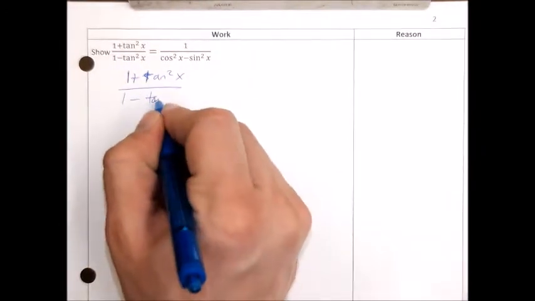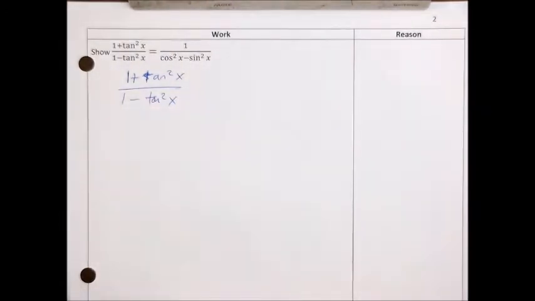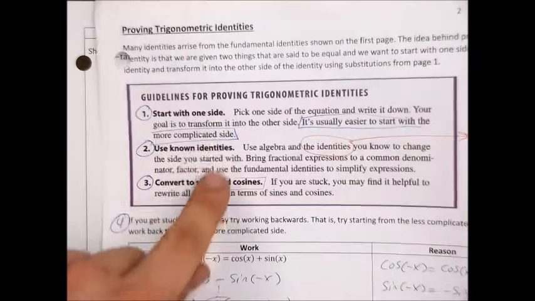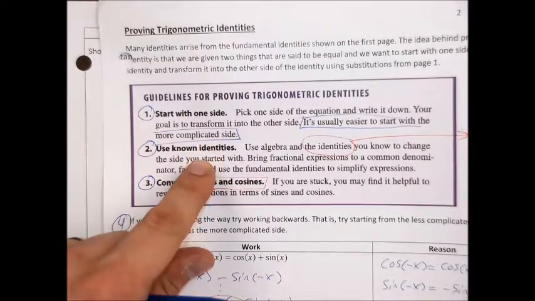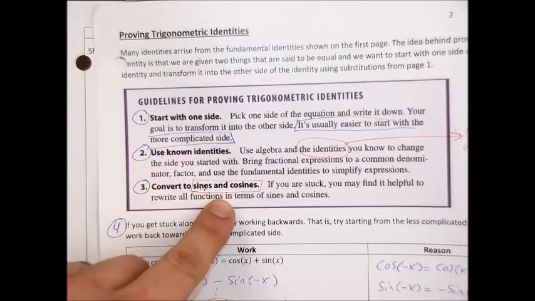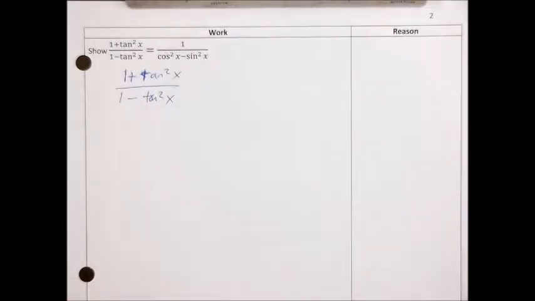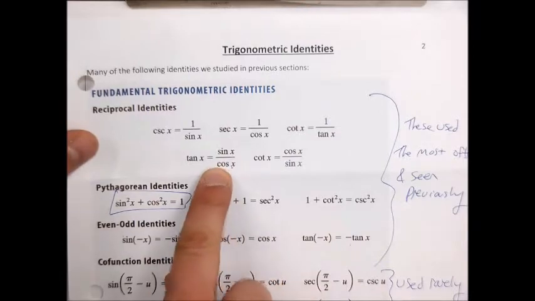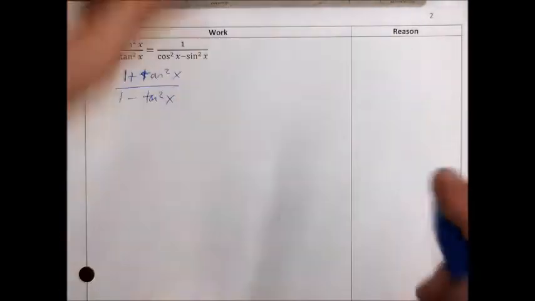and we're going to try to make some substitutions that transform that thing into 1 over cosine squared minus sine squared. Right? So that's step number 1, starting with the more complicated side. Step number 2, use identities, and 3, change things to sines over cosines. So I know when I look at these identities that tangent is sine divided by cosine, and so we can make that substitution here